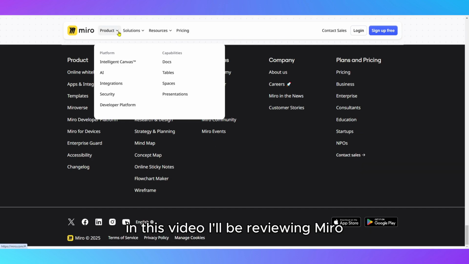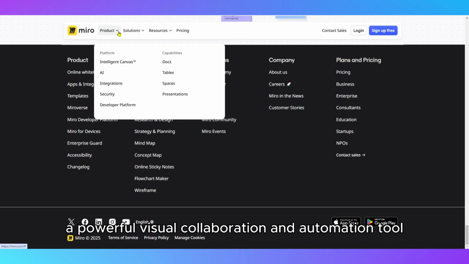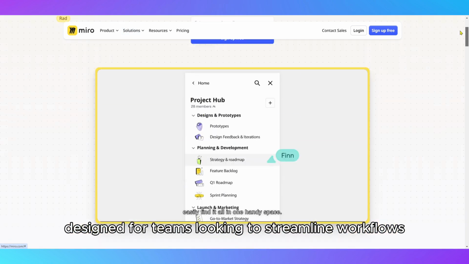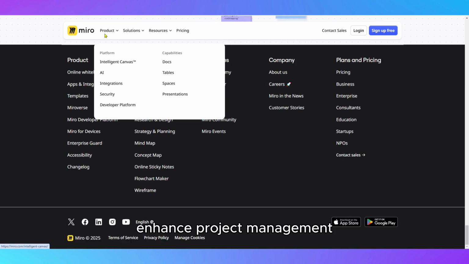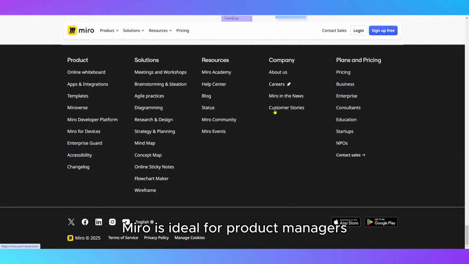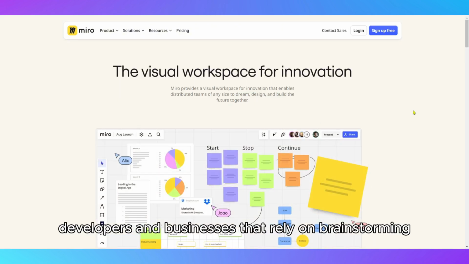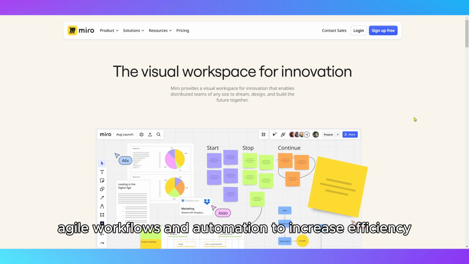In this video, I'll be reviewing Miro, a powerful visual collaboration and automation tool designed for teams looking to streamline workflows, enhance project management, and improve remote collaboration. Miro is ideal for product managers, designers, developers, and businesses that rely on brainstorming, agile workflows, and automation to increase